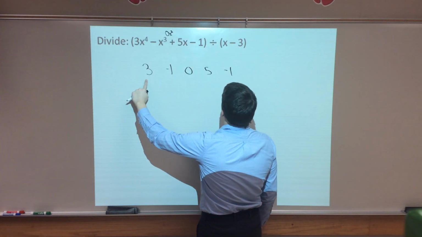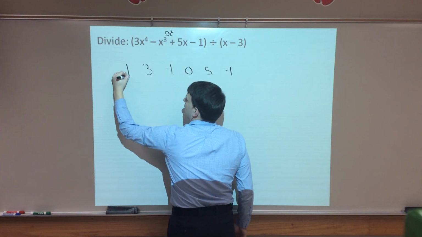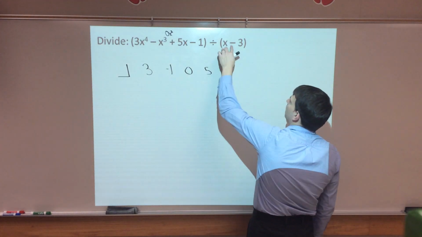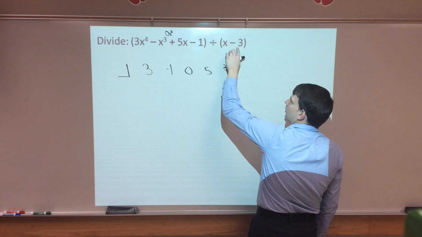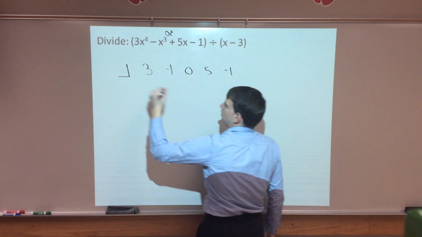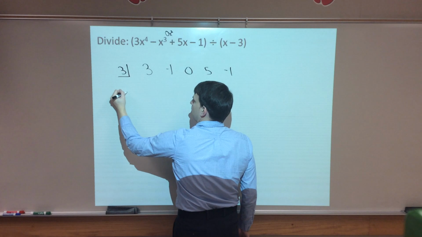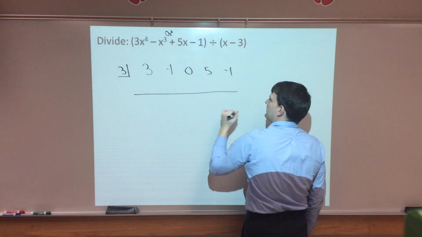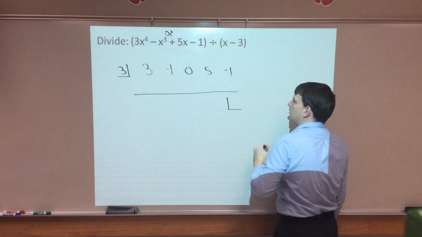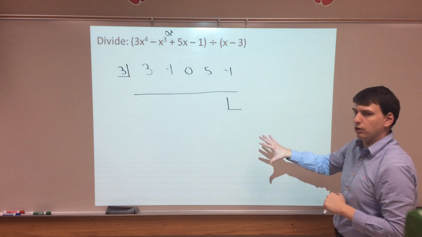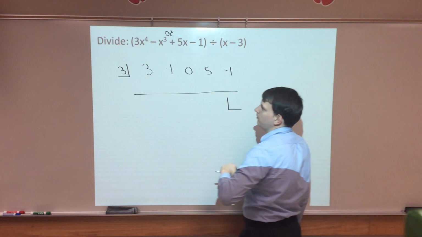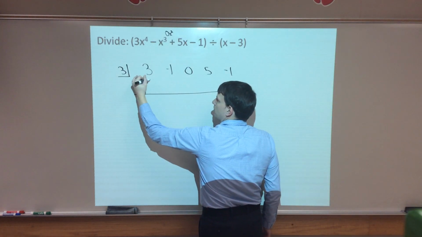Okay, so there's our coefficients. Out here, outside that bracket, we're going to put the opposite sign of this number, so it's a negative 3. That means I'm going to put a positive 3. Draw my line, and then put my remainder brackets. So here's our problem setup. Okay, so to work through it, we'll drop down the 3,